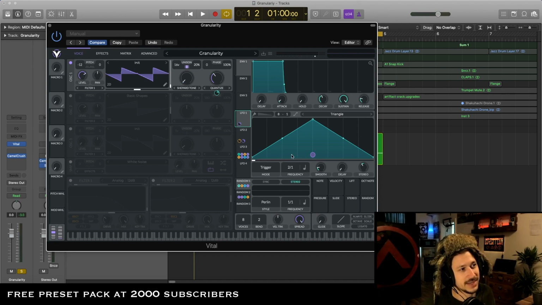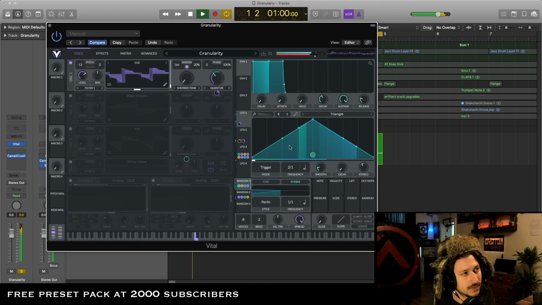So this slider here is tracked to my random 1, which is also set to stereo, and there's a bit of stereo modulation here, and basically it means that it's always going to re-trigger at a different point throughout the LFO, so you can see these little